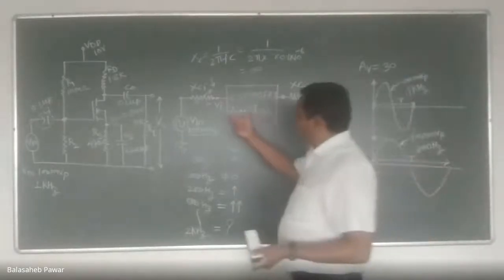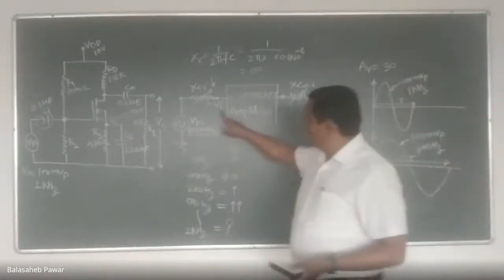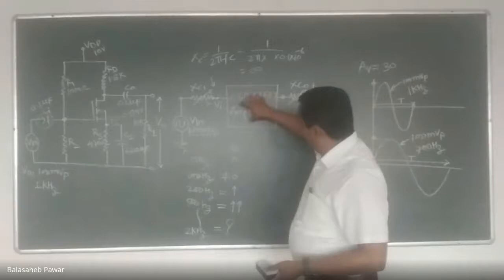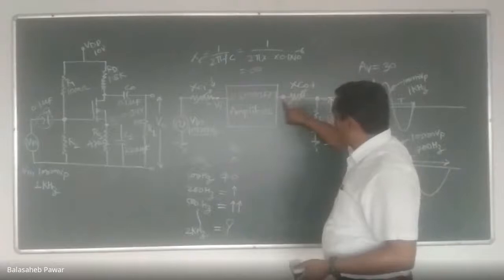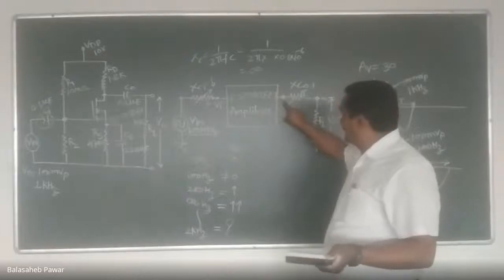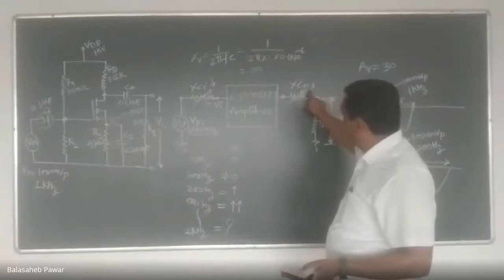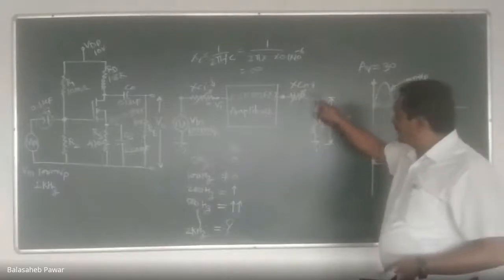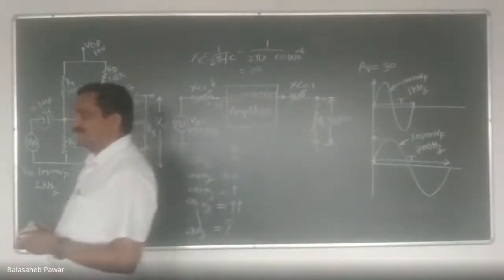Because the reactances offered by both capacitors will go to almost 0 ohm. And hence, this VI will be almost equal to 100 millivolts. And hence, this amplifier circuit will amplify it by 30 times. And hence, the obtained output voltage at this node will be almost equal to 3 volts, correct? And again, as this output coupling capacitor also will provide almost 0 reactance, the load voltage over here will be almost equal to this much, that is 3 volts. Are you getting it? Any doubt?